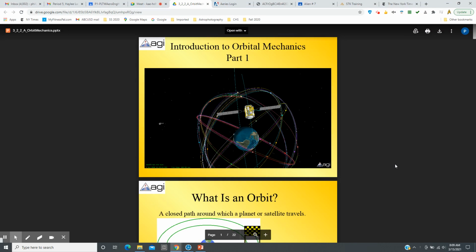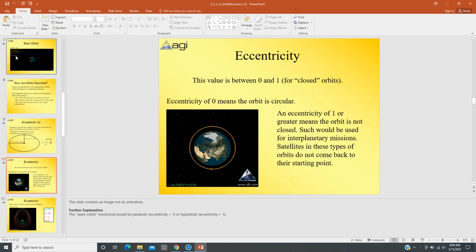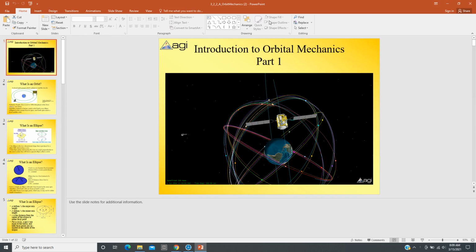All right, this is for aerospace engineering. It is activity 3.2.2, orbital mechanics, which is a Project Lead The Way PowerPoint presentation introducing you to Systems Toolkit and how to use it. I had already done part of this